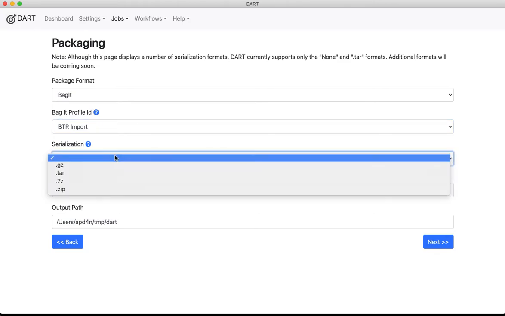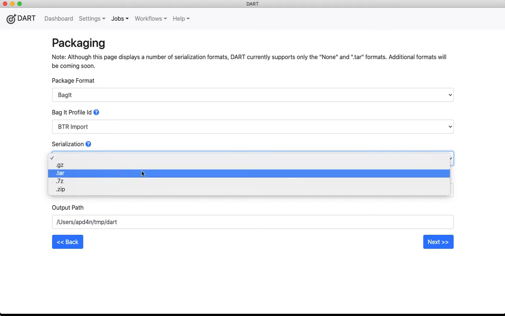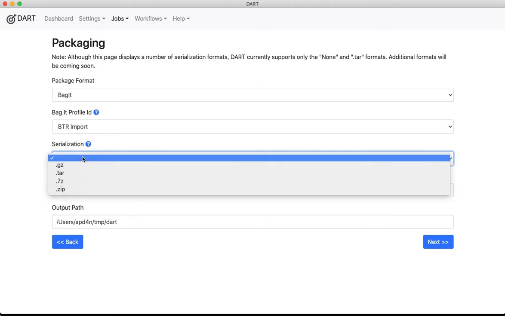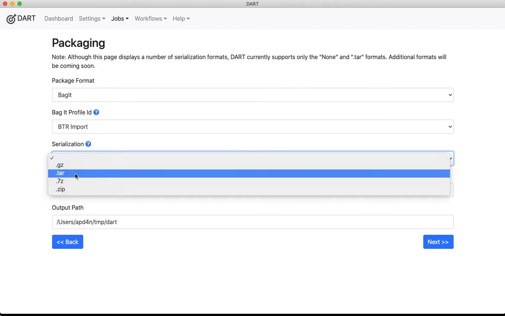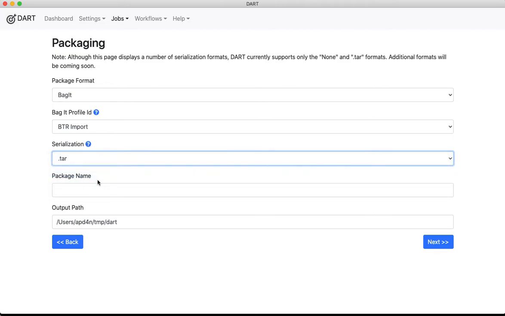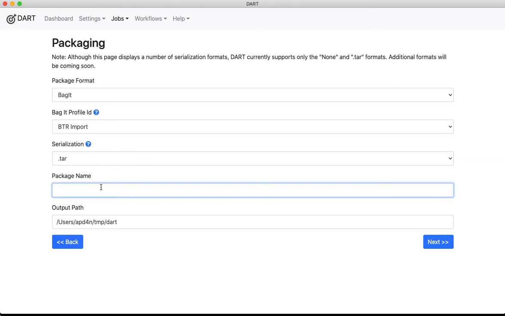That one said serialization is optional, so it allows me to not serialize the bag. That is, it would just be a set of files under a single directory. Or I could serialize it in tar format. That's what I'm going to choose. I'll call this BTR demo bag. And I can't type because I'm doing a demo.